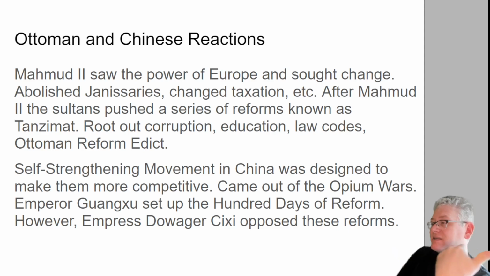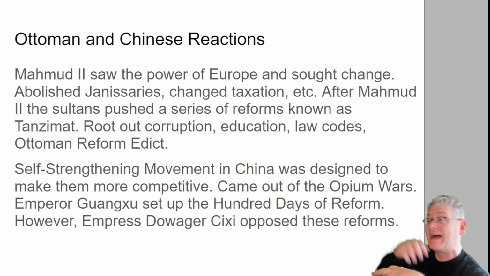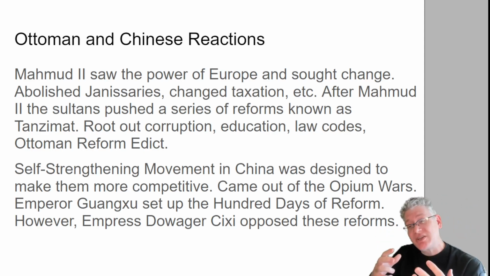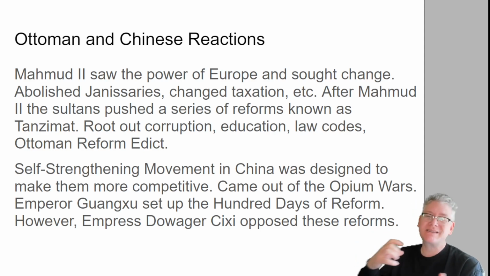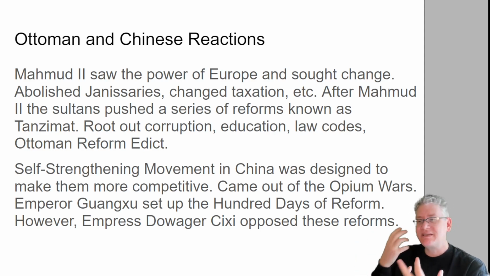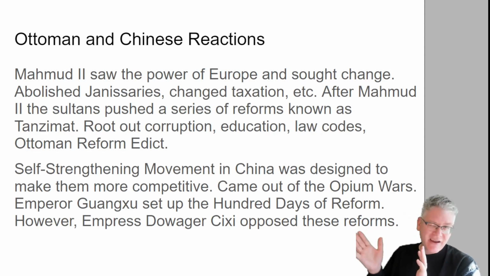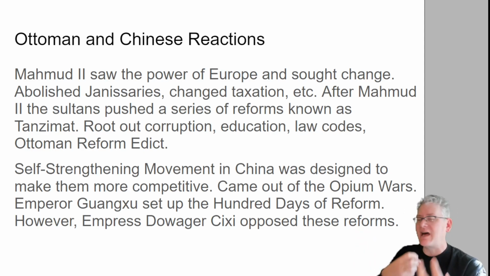But there's a woman who's the Empress Dowager. She is the one who's really actually in charge, even though he's the emperor. Apologies for my bad pronunciation, but she will oppose these reforms and prevent any of that kind of stuff from happening. So we see a lot of things going on, lots of changes in technology, Europeans embracing a lot of these things, a lot of other countries not as well. So the Japanese do to a degree, Ottomans variable, China, so we're seeing a lot of things like that.